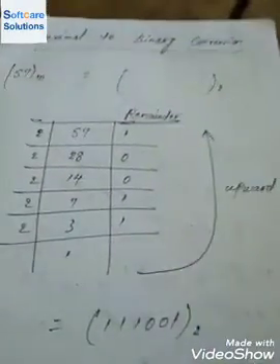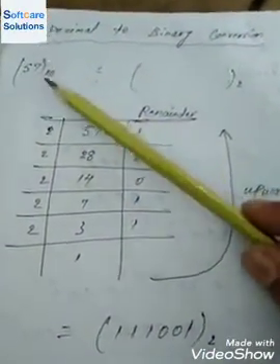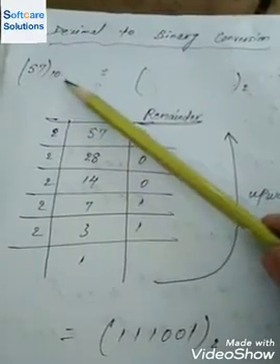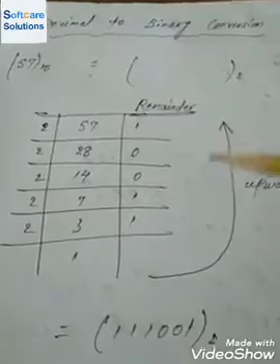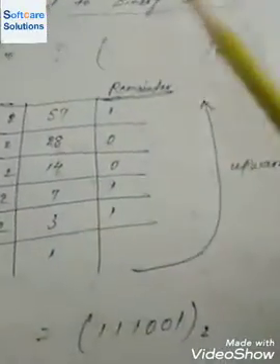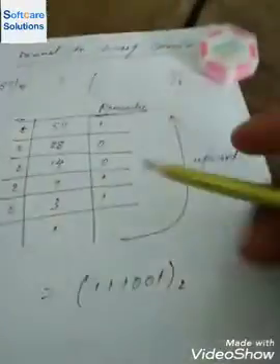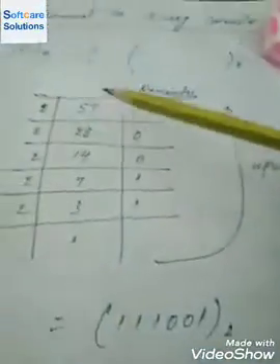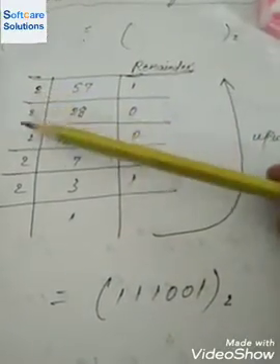Now the next topic is decimal to binary conversion. That means we can change a decimal number into the form of a binary number. We have one decimal number, that is 57, and the base is 10. We already know how to calculate the factors of any number. So here the number is 57, and we can divide it only by 2.